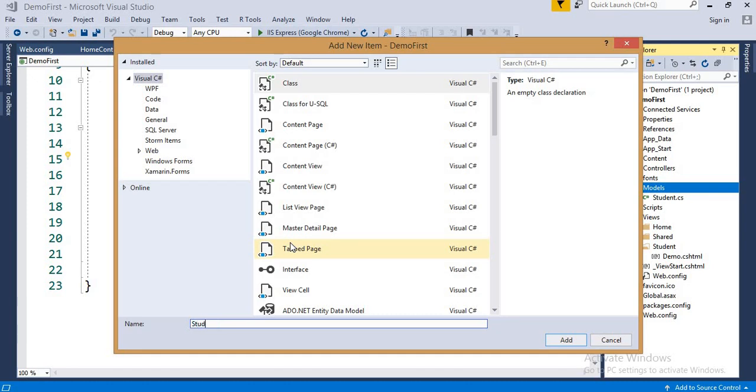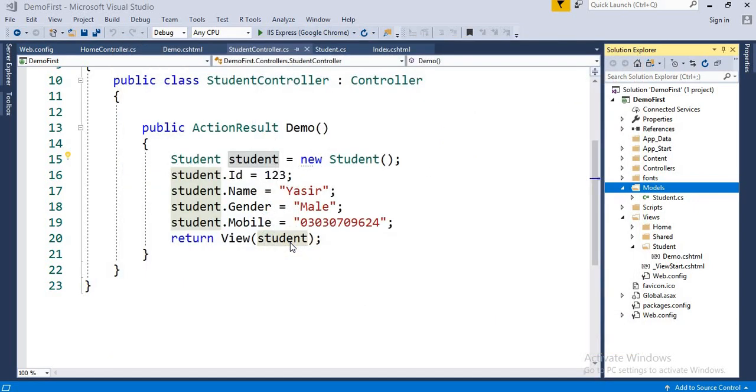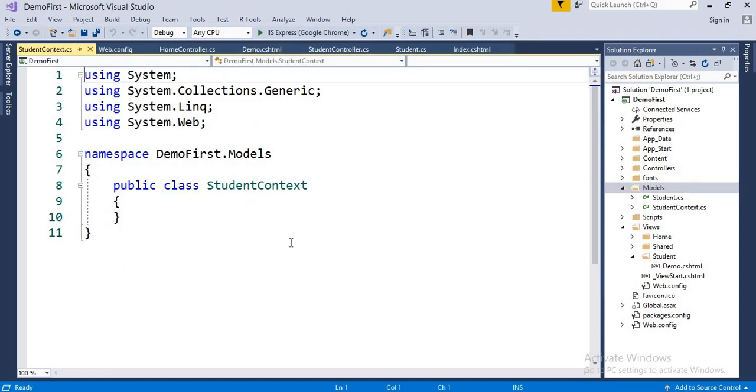So let me name it StudentContext. Hit enter, and this class must inherit from